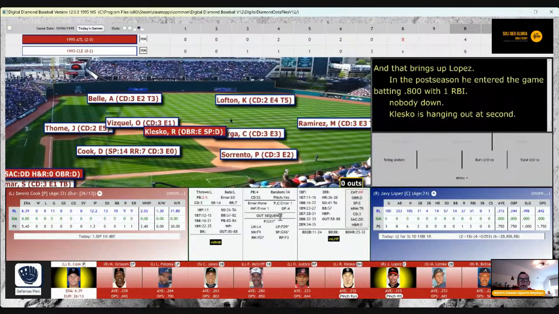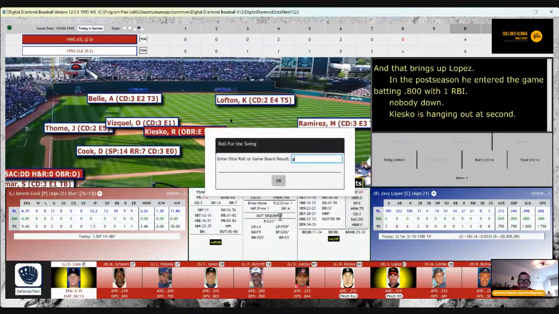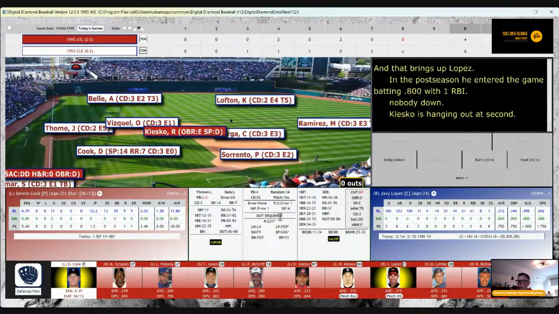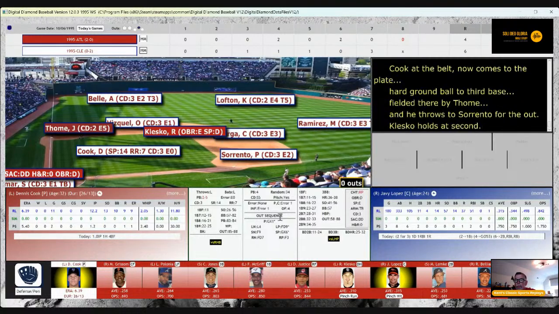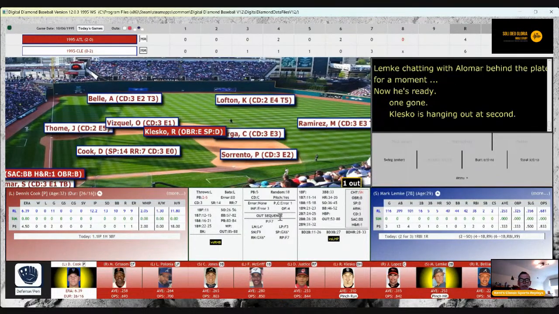There will be none. So that's just a G5 put out. That will hold Klesko on second. Again, he's not any threat to be running. As it's grounded to Tommy at third, and 1 gone.